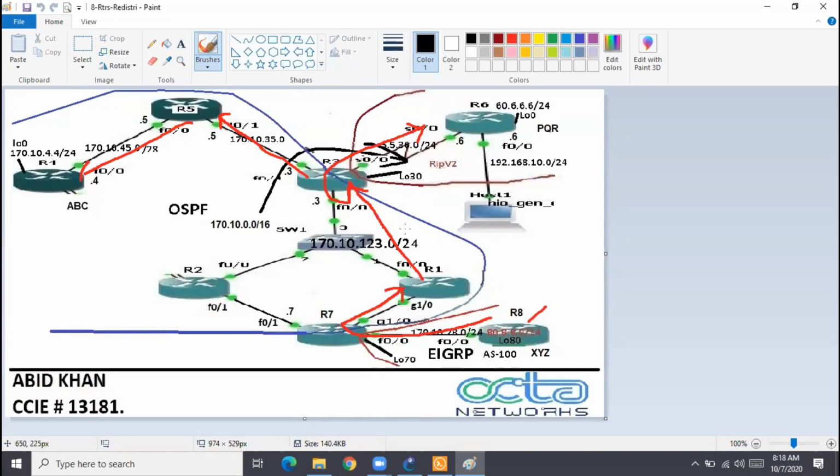So E2, the redistributed external route in OSPF, has an unrealistic cost. It remains fixed. That means the cost along the path is ignored. Every link in OSPF has some cost, but that link cost is not added up. So it is not a realistic metric.